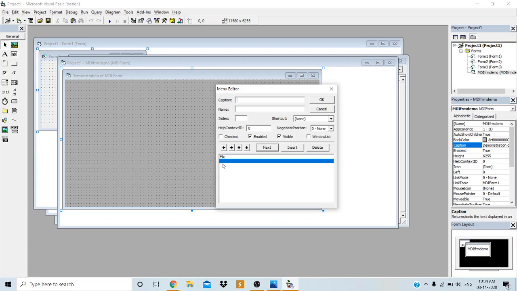Under the file menu, I have to provide the submenus. I will design them here by changing the level. First submenu, I will set it to horizontal. I will explain what is horizontal. The name I will give as menu horizontal.